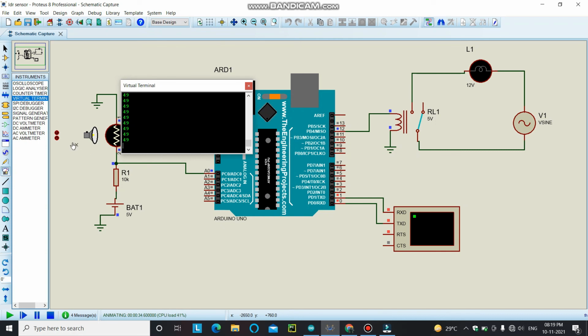Now I'm reducing the intensity of the light, or increasing the resistance, by using this minus button here. Now when the resistance of this LDR sensor is higher than 500, and in our case for now it's 683, our relay is in the on state, that is, our relay is triggered on, and our lamp is in the on state for now. So you can increase and decrease the resistance to verify these results.